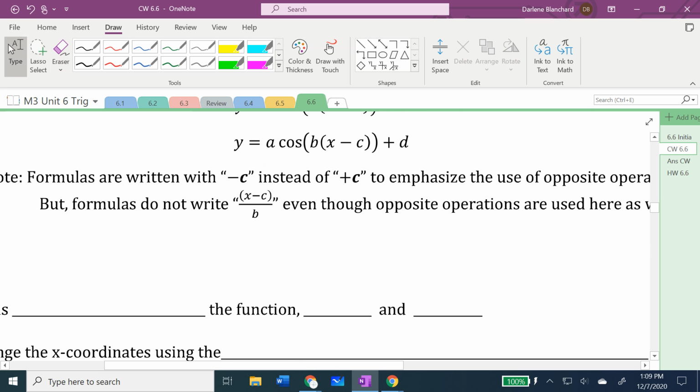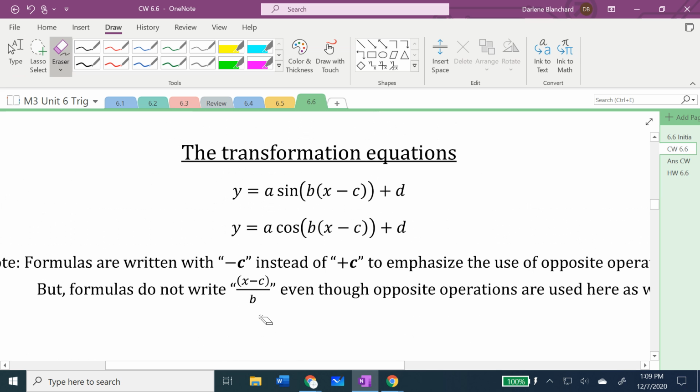They could have chosen to write this as divided by b right here. And I feel like if that had been done, it would at least keep things along the same track as far as always thinking about the opposite operation. But anyway,